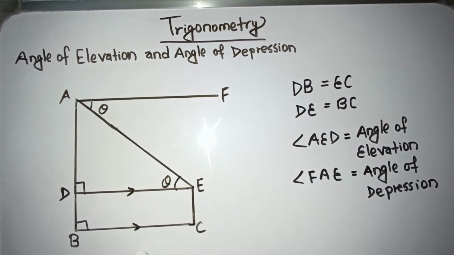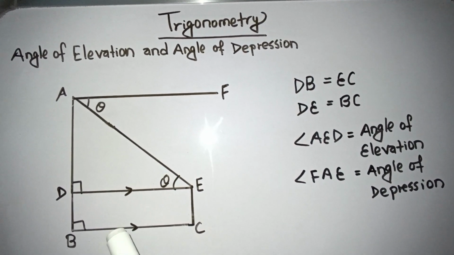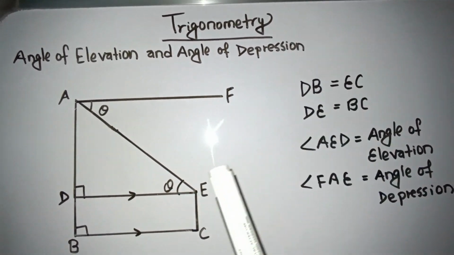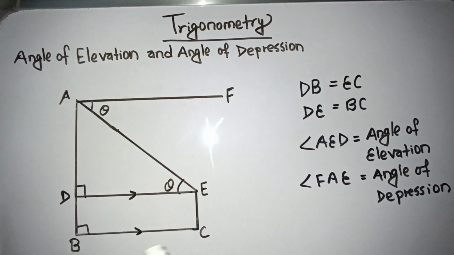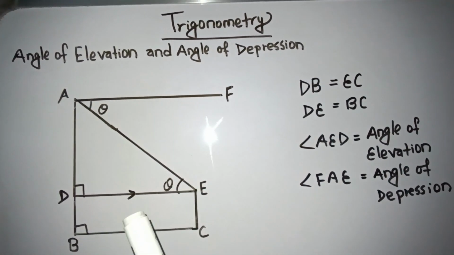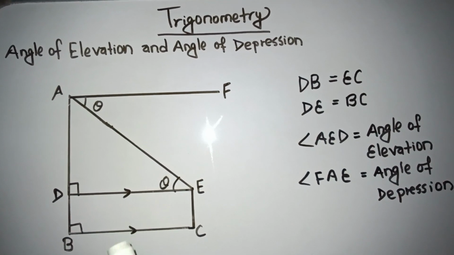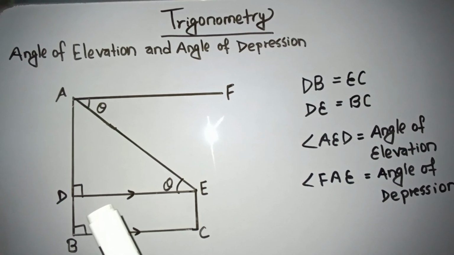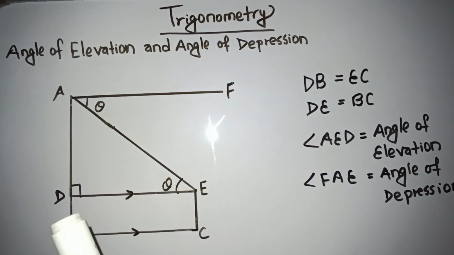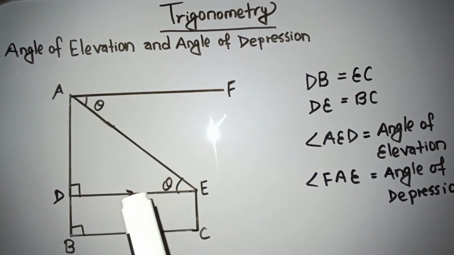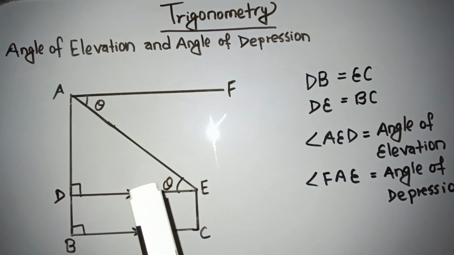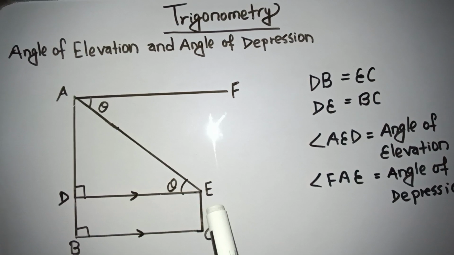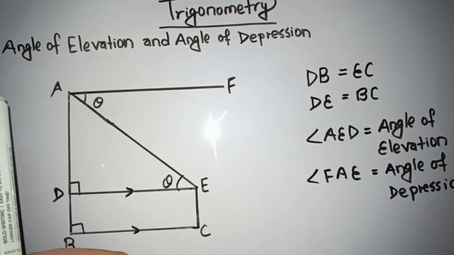We are going to discuss angle of elevation and angle of depression. With reference to this image, we have DB and EC equal, and DE and BC are also equal. It's a rectangle shape, and A, E, and D are the angle of elevation when we see the tower at the top